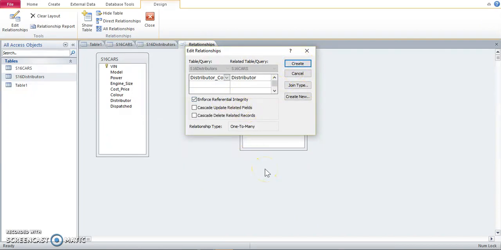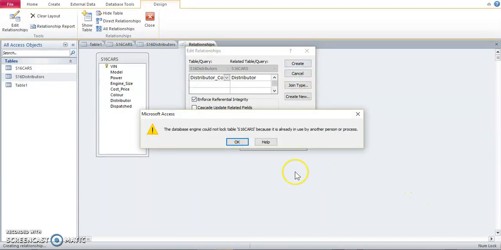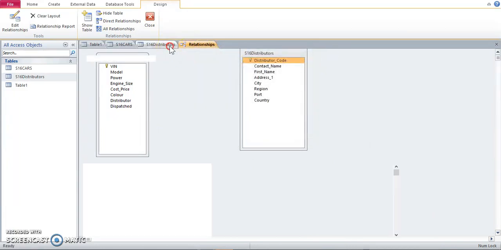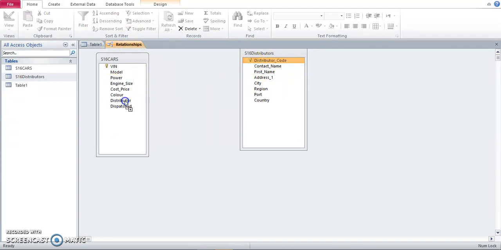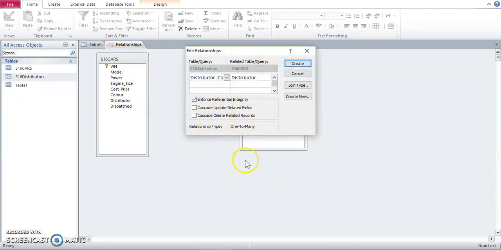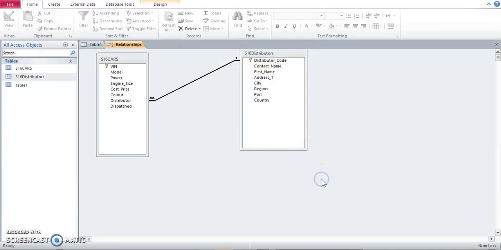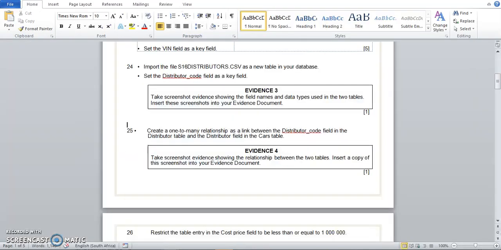To enforce referential integrity, it's always recommended to do that. Say create. Close these tables. Most of the time you don't really have to click that, but they always recommend it. Your results should always still stay the same. And this is what you take a screenshot of to show the relationships. So stop at step